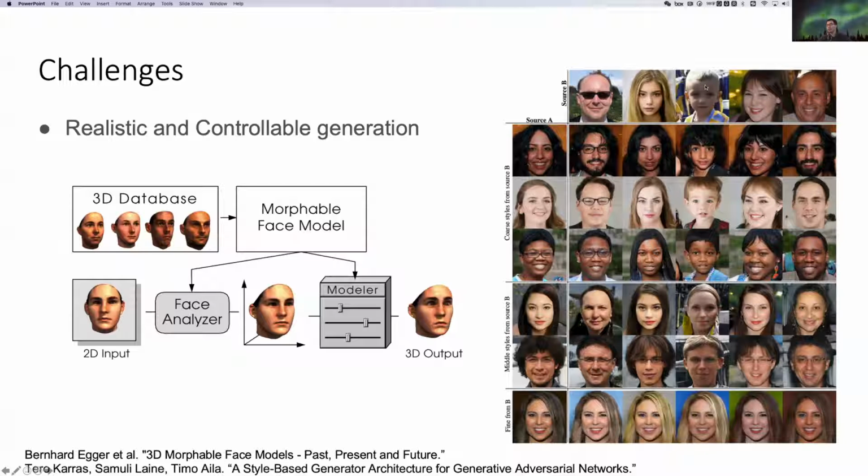It does not look like this boy anymore, and similarly in other examples. So although they can generate high quality images, it's not controllable. Basically, they cannot disentangle other features when they change one feature. So that's the problem.